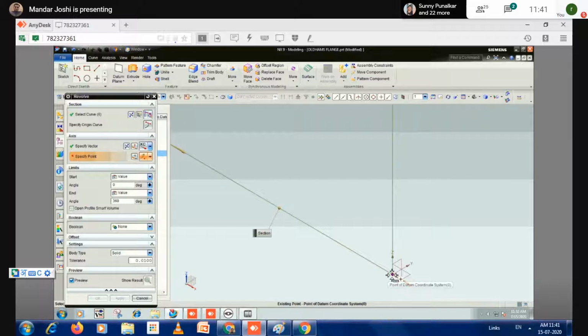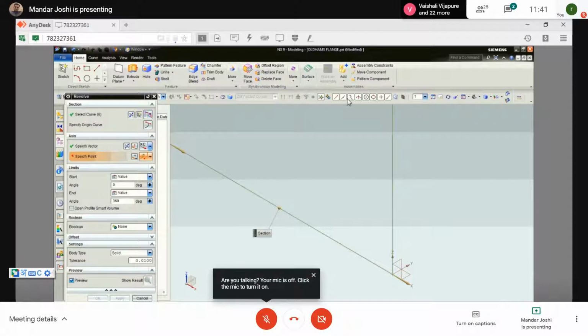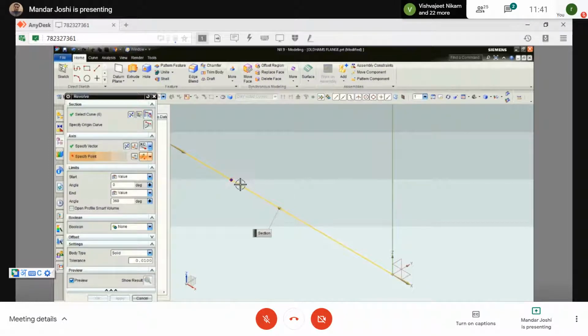That blue point is because of activating this object snapping. If those settings or options are off, then that snapping will not be happening. So it is better to activate all this, and then you select this. This we call object snapping. If you want to pick the middle point, that is also easily you can pick it. This you can see that blue point indicating. Now I'm selecting here this point.